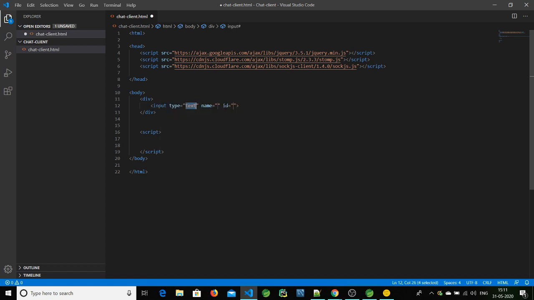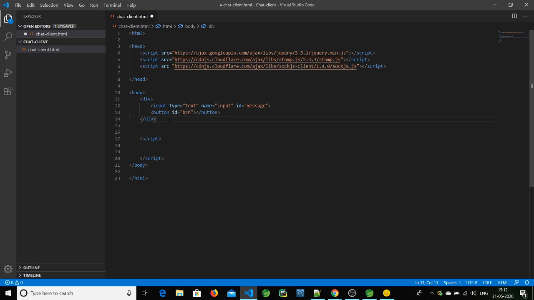Input type text, name will be input, and id will be message. This is the message. And let's create one button. So this is the button, id will be btn. So this is done now.